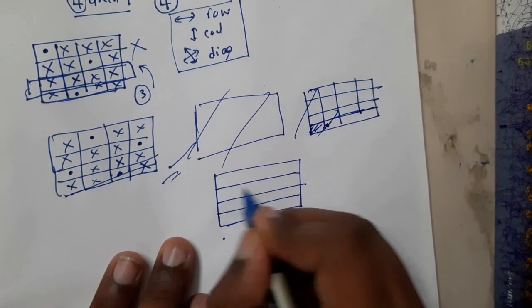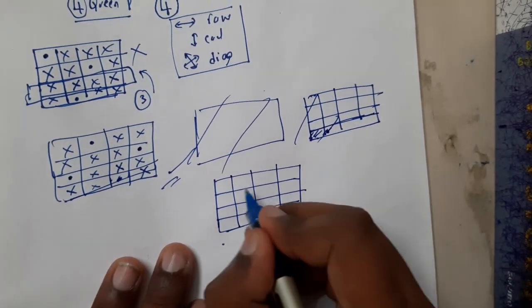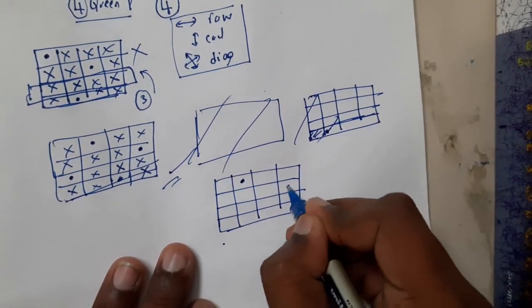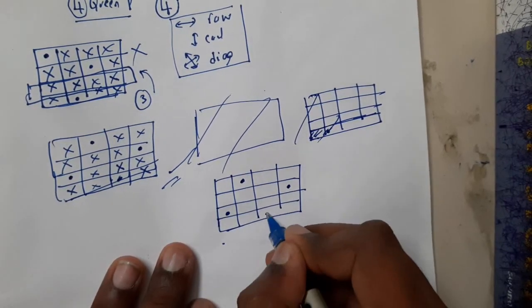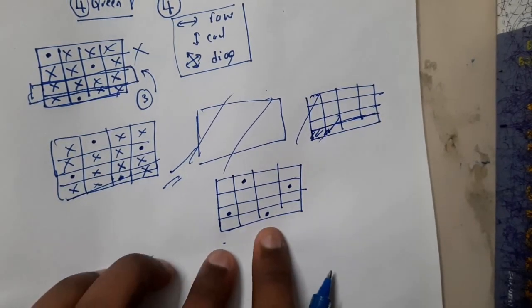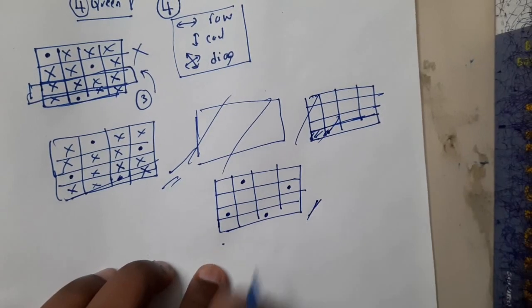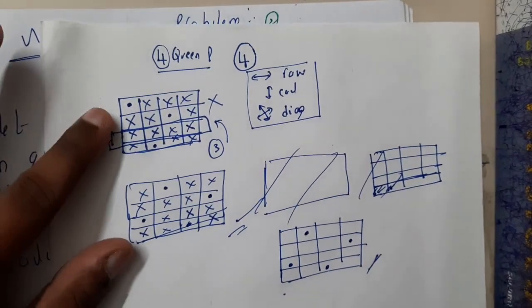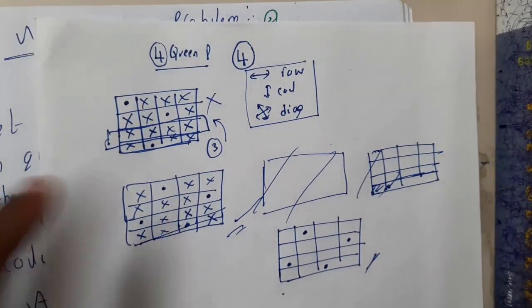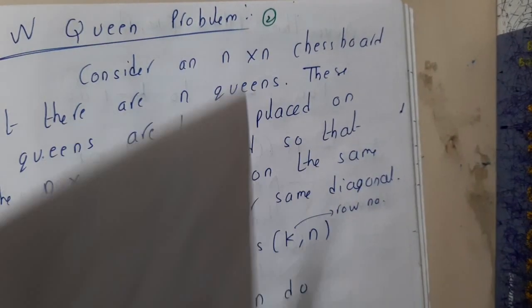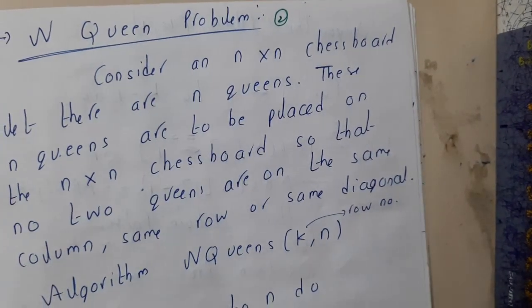Here we are placing one queen here, one queen here, one queen here, and one queen here. Please cross check that this is a solution for the 4-queen problem. We took 2 steps, and we have done it. Basically, we did this roughly. Now let us go through the theoretical part first.